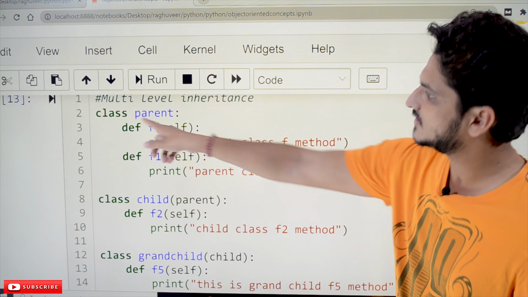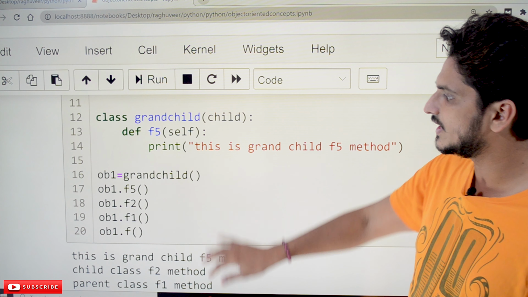On the next level, class grandchild is inheriting the child class. Inheriting the child class means this class can access the members of the child class, and then the parent class also. That is what we call multi-level inheritance. So more than one level of inheritance, we call multi-level inheritance.